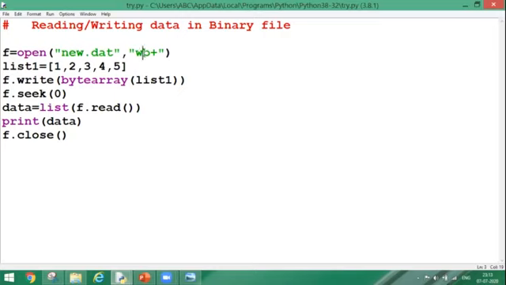Now I want to append the data. So what will I do? I will convert this WB plus mode into AB plus mode. Next change, list one is already written into my file. So what will I do? I will take another list so that the data can be added after that. 6, 7 and 8. So 3 elements I have taken. In my write function, I will write it permanently. So rest of the steps will remain same. Where we have done the changes, we have only changed the data which is to be written later on, and the mode in which I have opened my file, which is append mode, AB plus mode.